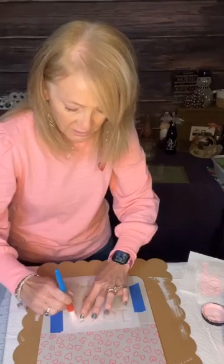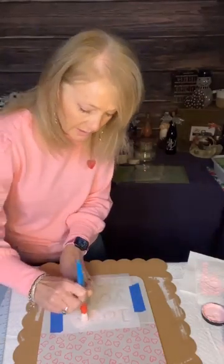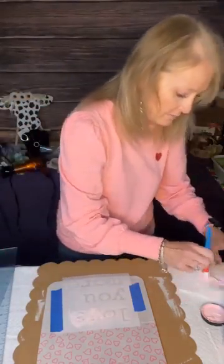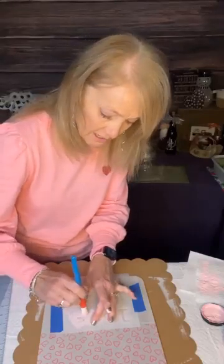I'm just holding that down, that little part of the inside of the E, because it wanted to lift up. So I'm going to do the tapping motion. That's what I'm used to doing, because I don't want it to bleed under that